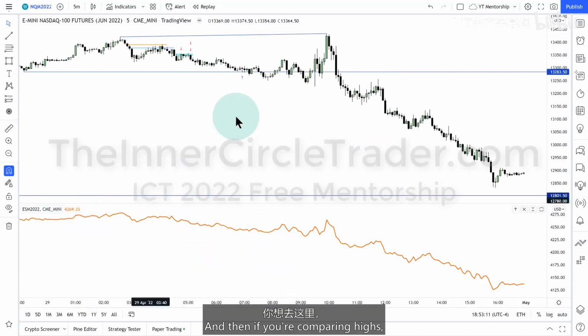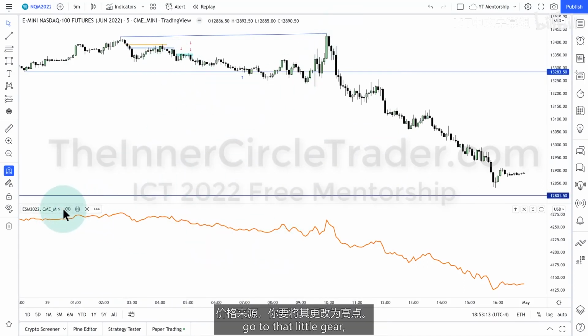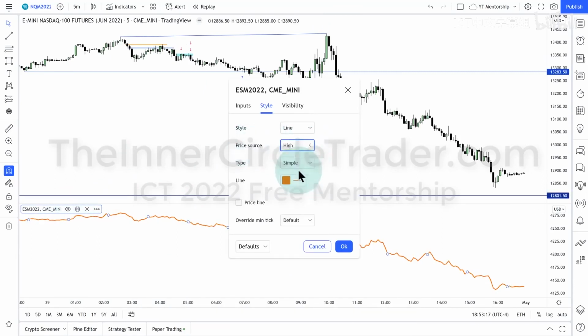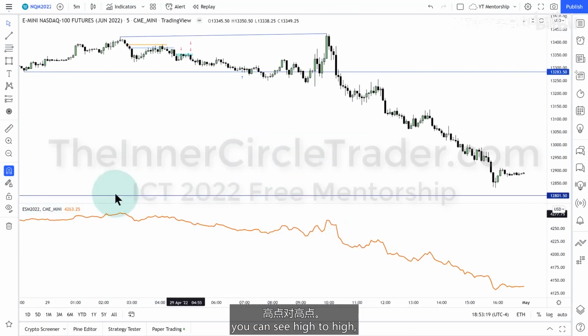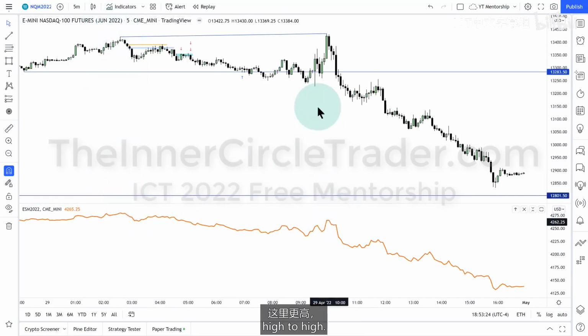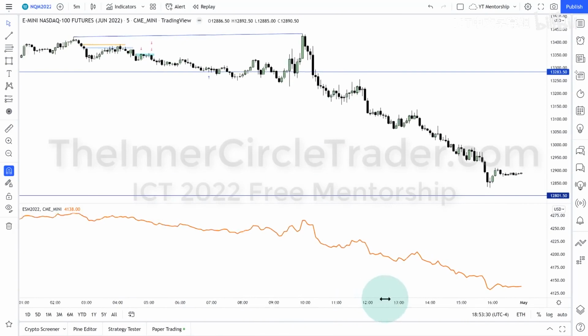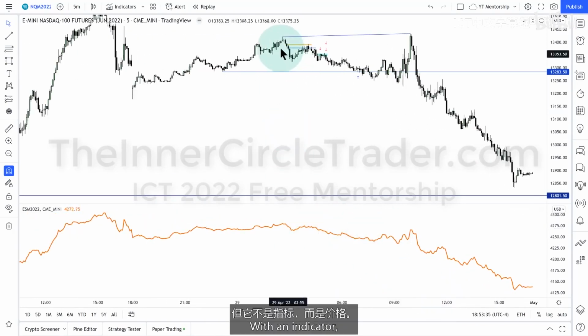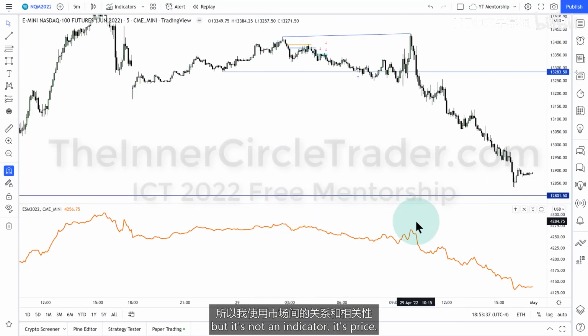And then if you're comparing highs, you want to go over here, go to that little gear. Price source, you want to change that to high. And you can see high to high, high to high. Higher here, lower there. So it looks like a divergence. You see that? With an indicator. But it's not an indicator, it's price. So I use intermarket relationships and correlation